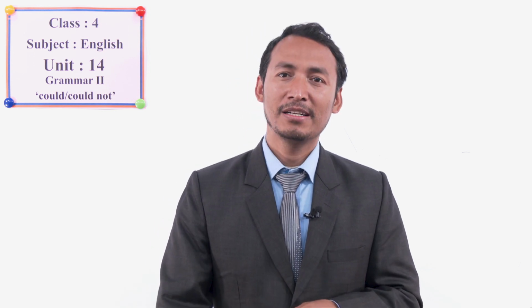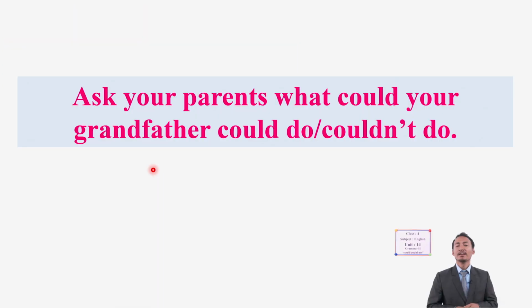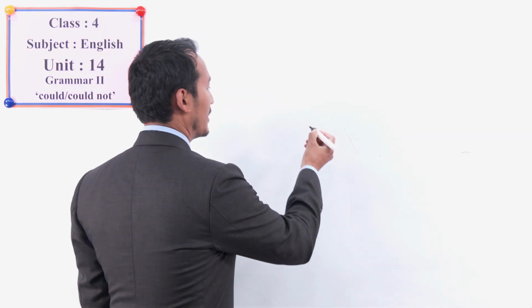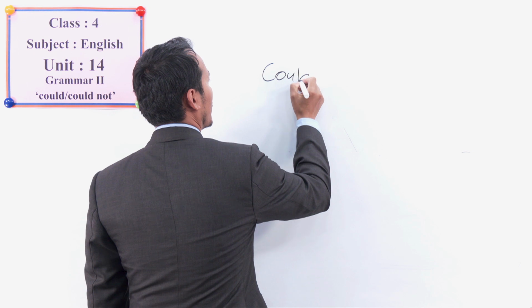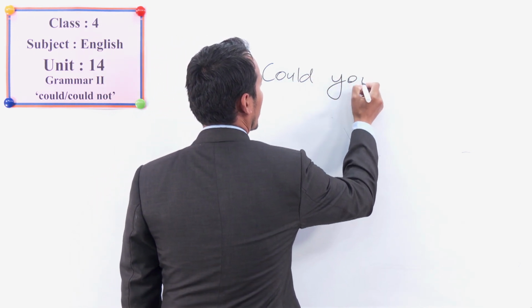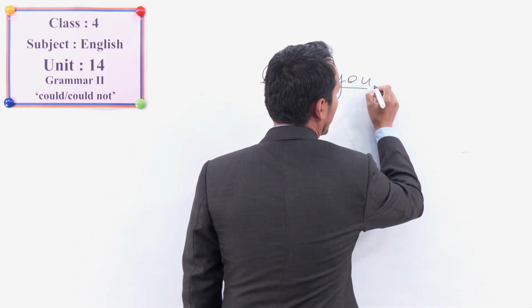Okay, very good. Now we are going to look at the last exercise, the last task for you. Now this is your homework again. Ask your parents what your grandfather could do and or couldn't do. I'll give you examples. For example, how do you ask? You can ask your grandfather, could you, okay, a sentence with could you, okay,